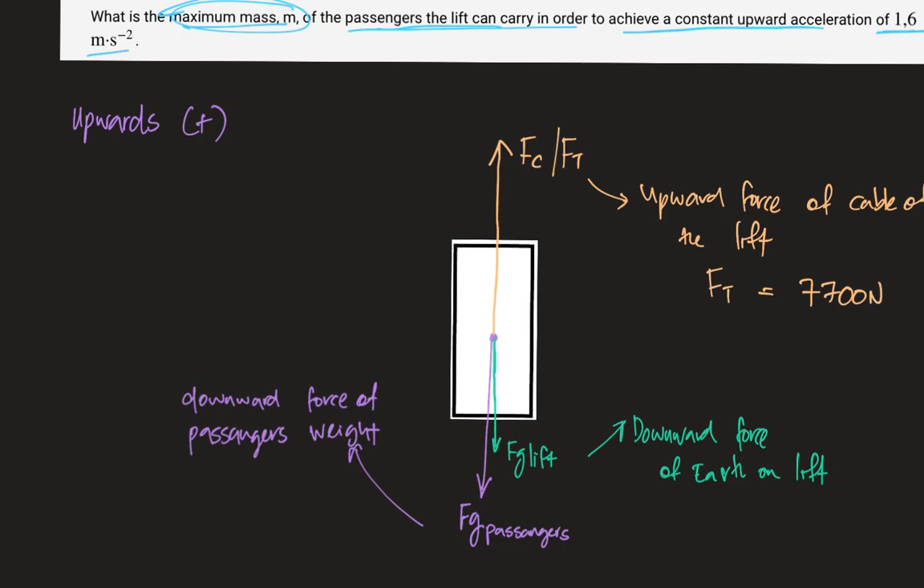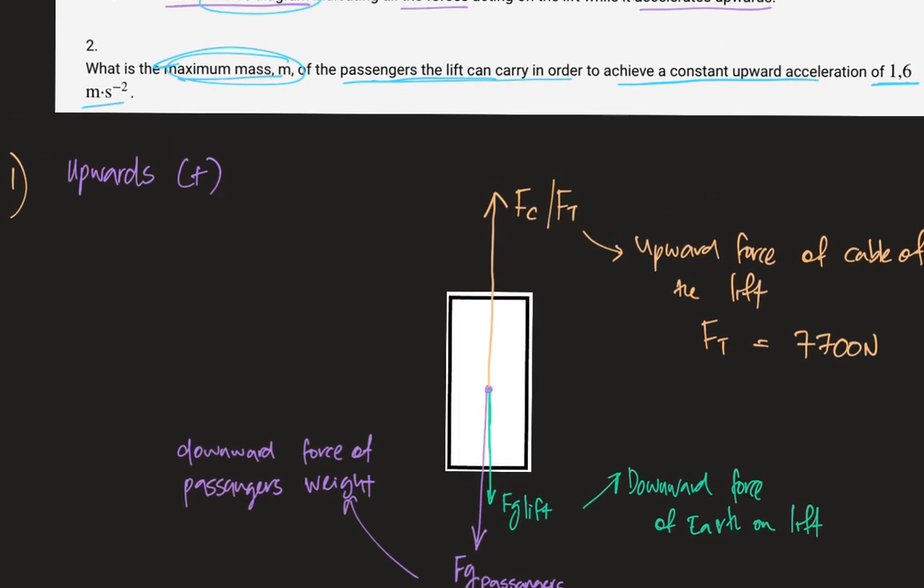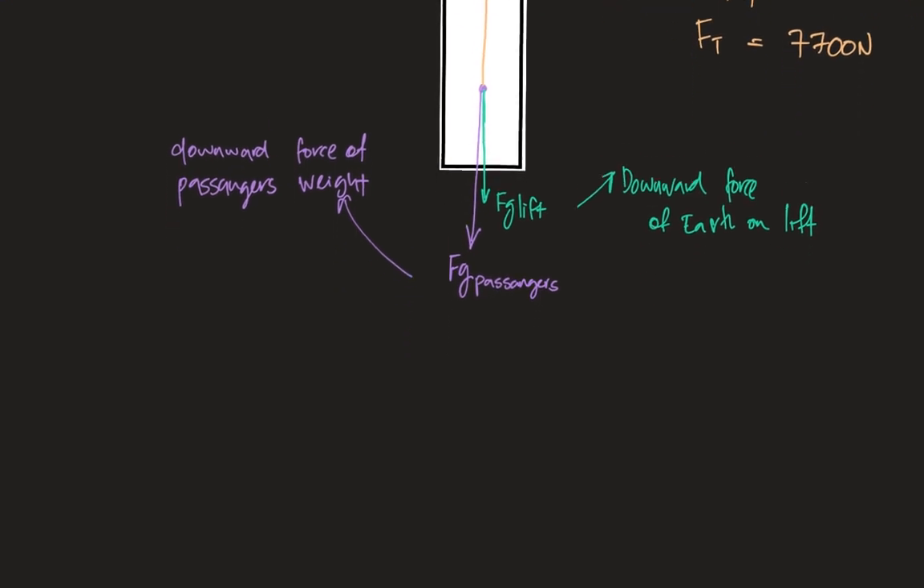All right, so this is what your free body diagram would look like for question 1. Then let's have a look at question 2. Question 2 says, what is the maximum mass of the passengers the lift can carry in order to achieve a constant upward acceleration of 1.6 meters per second squared? The first thing we need to understand here for question 2